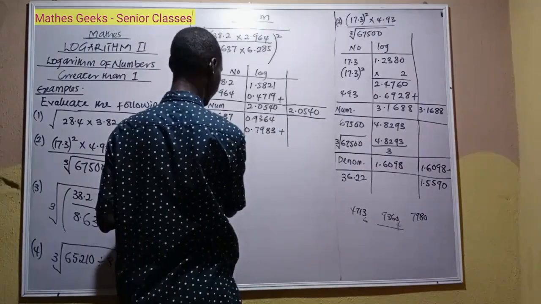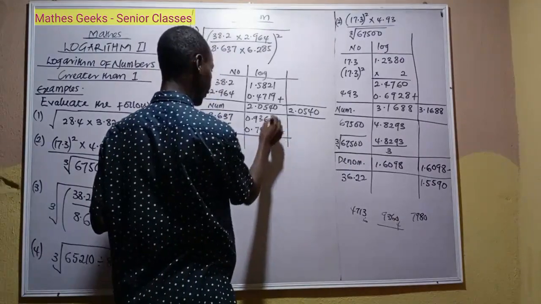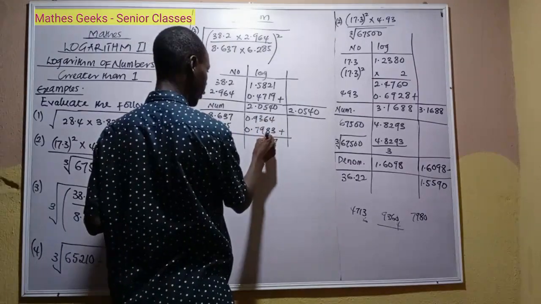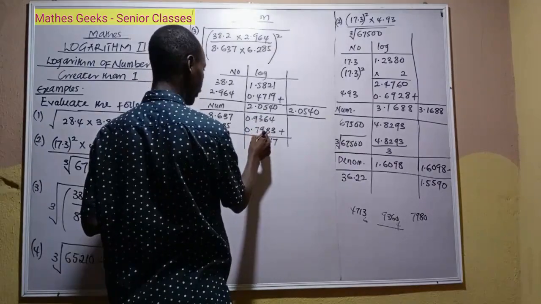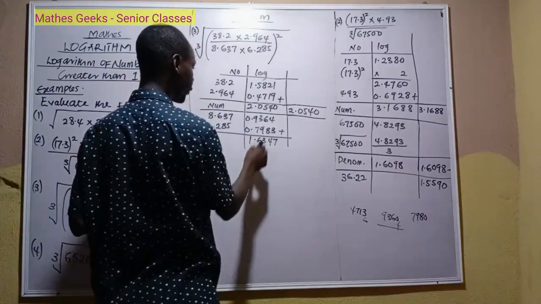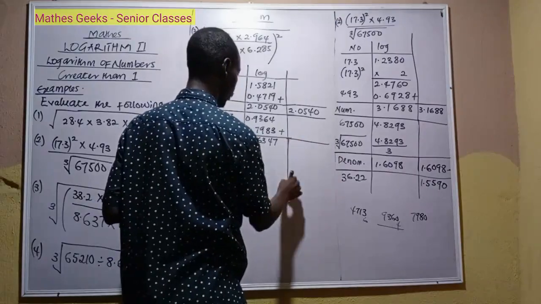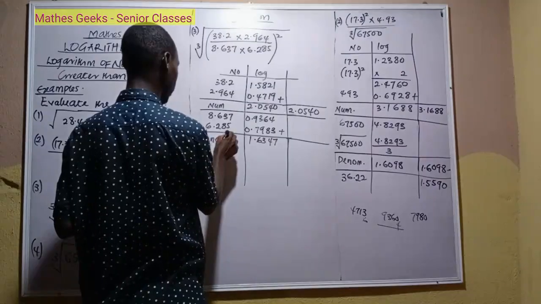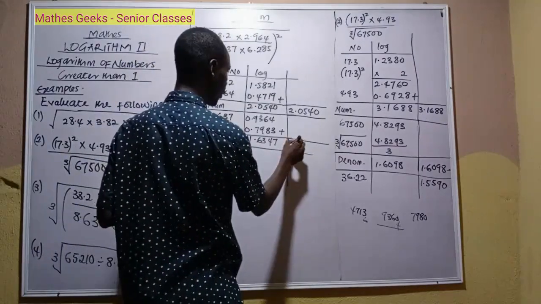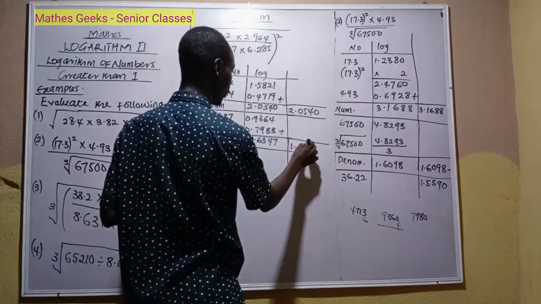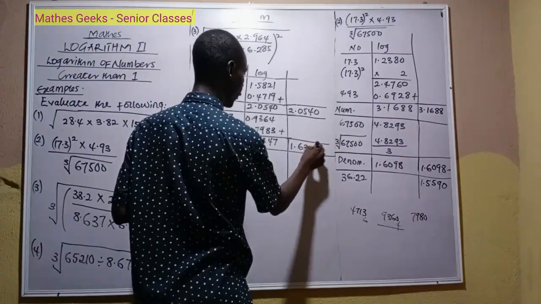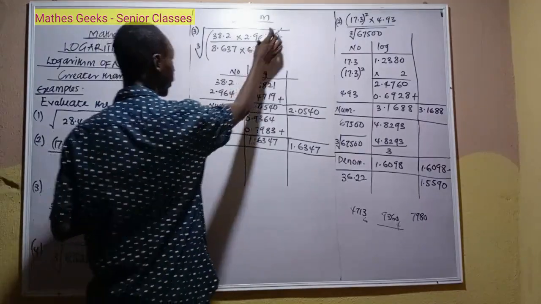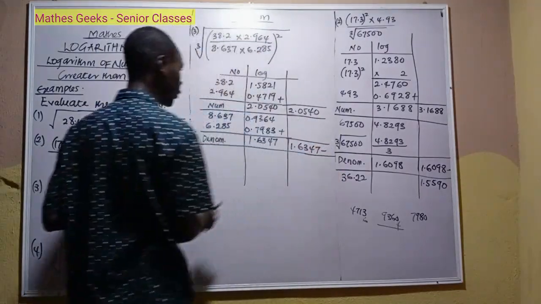Add up. 4 plus 2 is 7, 6 plus 8, 14, 3 plus 9, 12, plus 1, 13, 9 plus 7, 16, 1. So this becomes our denominator. We call this the denominator. So this becomes 1.637. So to subtract the denominator from the numerator, this will give us